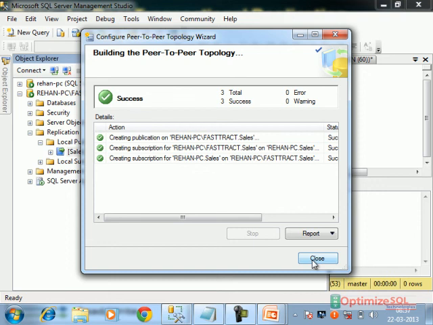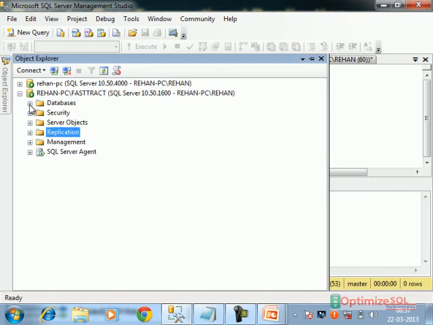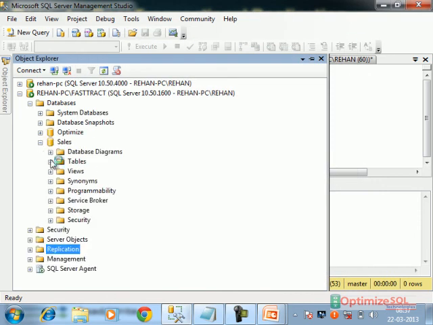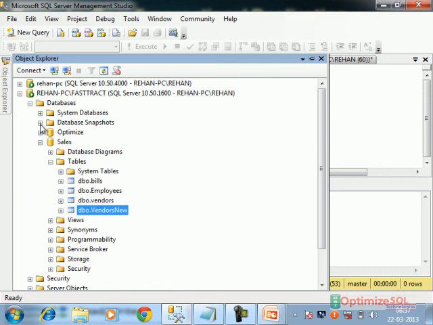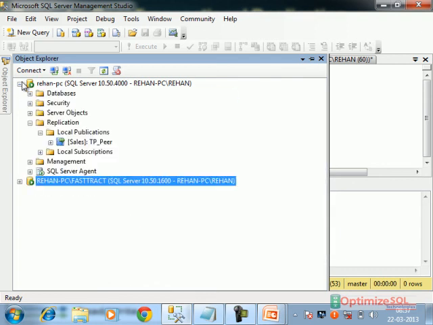Success, it is saying. Now you make some changes in any one table here. The changes are updated into the first node as well as the second node. If only two nodes are there, we get peer-to-peer with updatable subscriptions generally. But if 3-4 nodes are there, then we can see the difference.